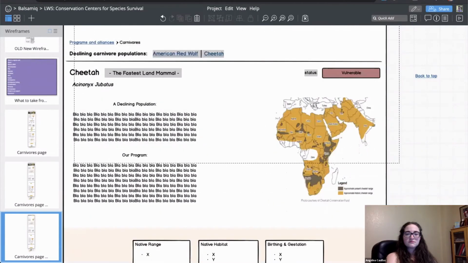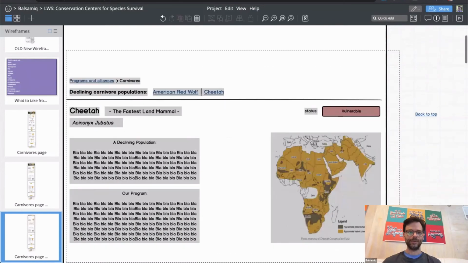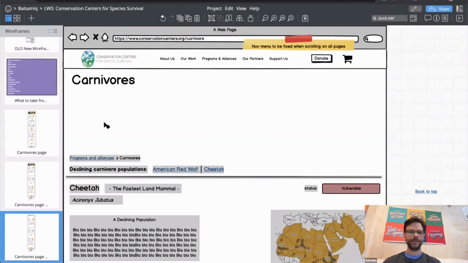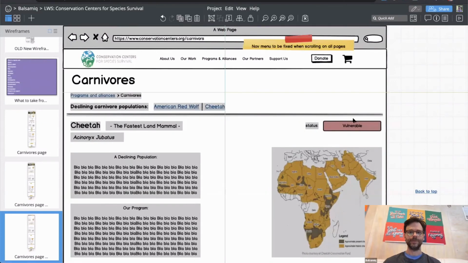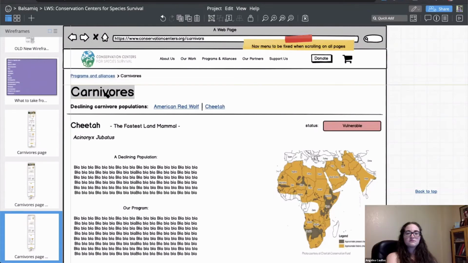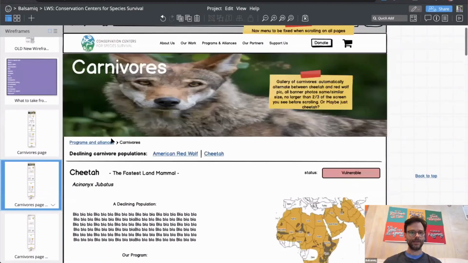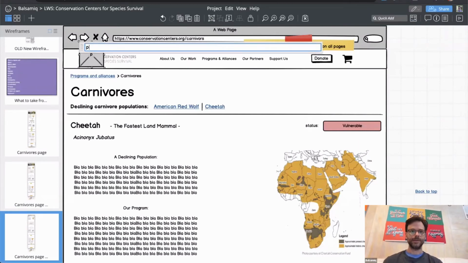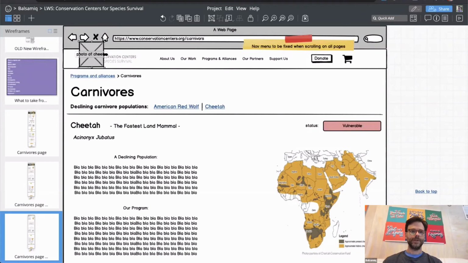And then that might actually change the layout. I might do a slightly different layout in that case. Maybe I would, because I don't have that big image, maybe I would put this up here, put this down here, and then I would take that, or what I'll just do is I'll do an image here, and then I'll just say photo of a cheetah, and